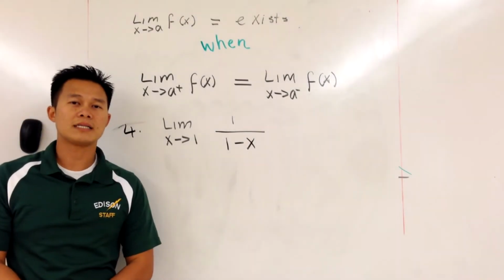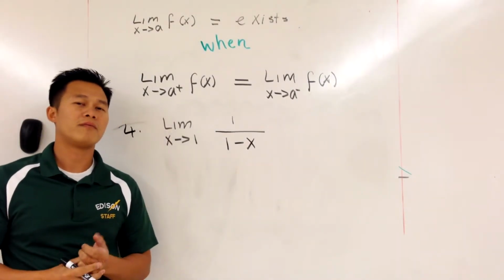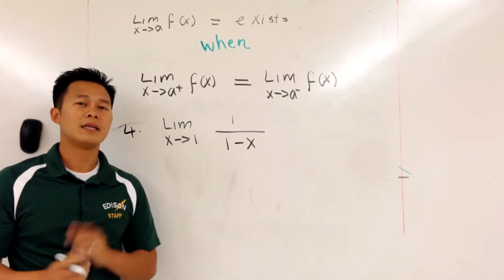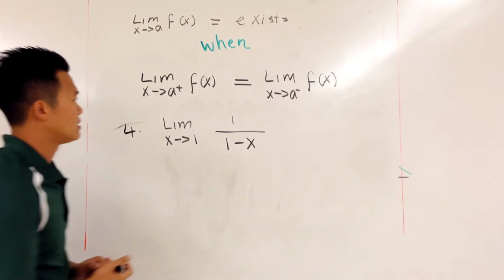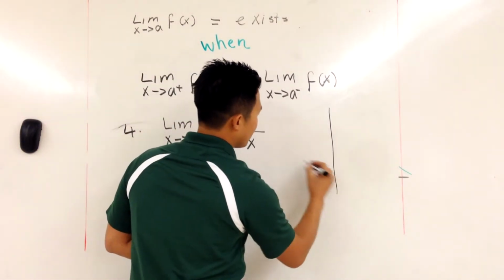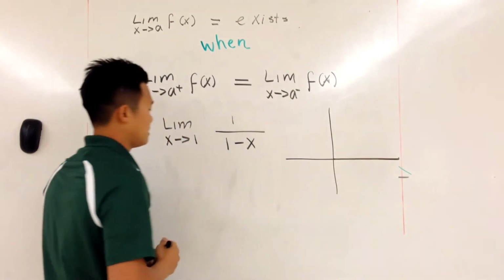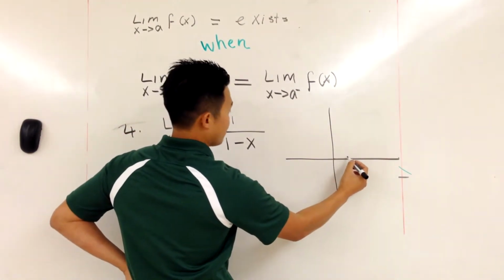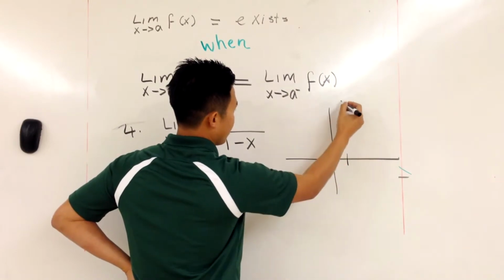Let's take a look at a classic example of our number 4 here. In this example, we're looking at the limit of a rational function, 1 over 1 minus x. And if we take a look at the graph, it is going to look like this. The graph of this function will have a vertical asymptote here,